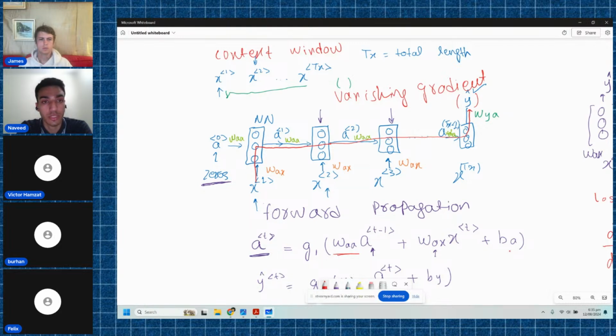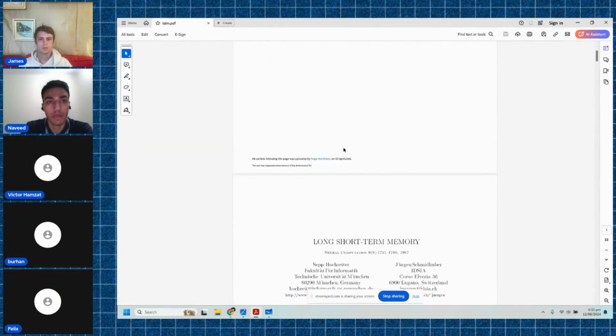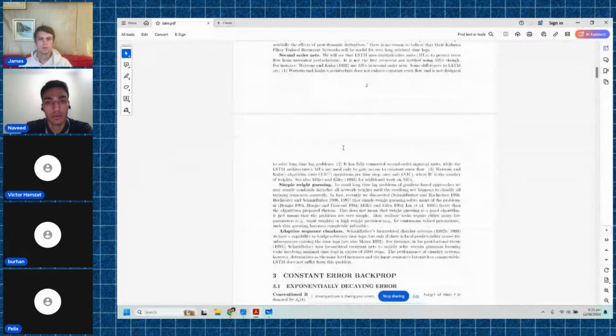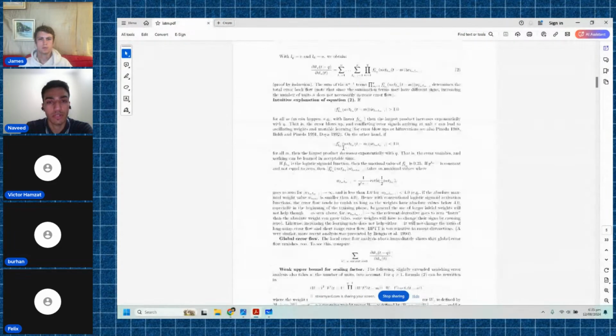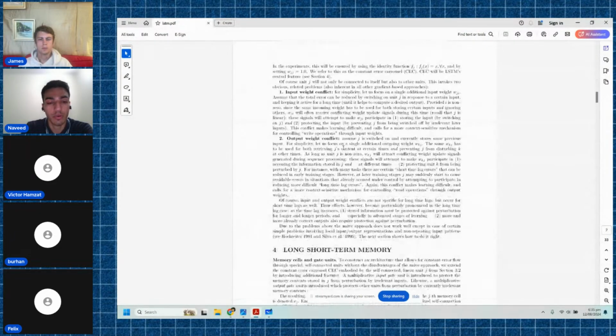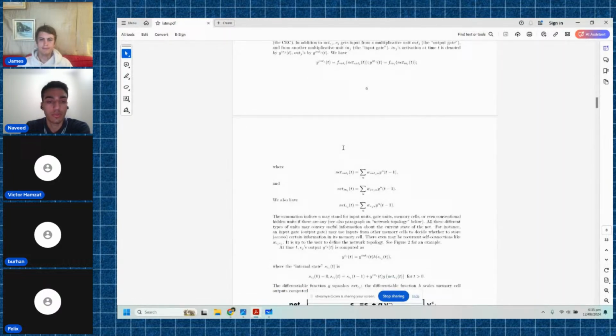And particularly, that's what James would be showing in the coding lessons. Let's quickly go through what an LSTM cell does as compared to the simple RNN cell. If you go through the LSTM paper, it goes through lots of details of the vanishing and exploding gradient problem. We won't have time to cover it in such detail,